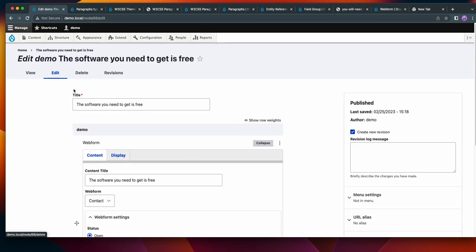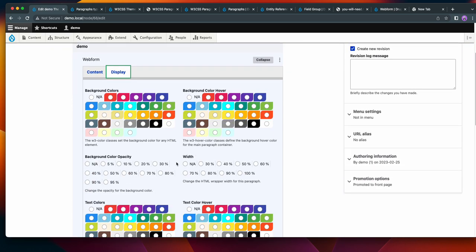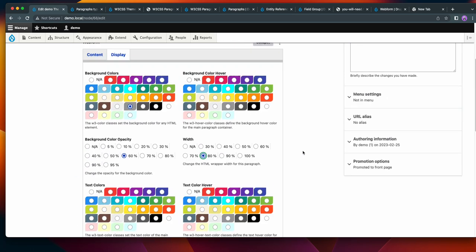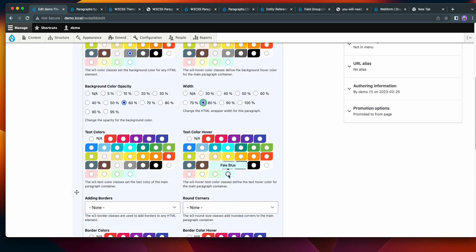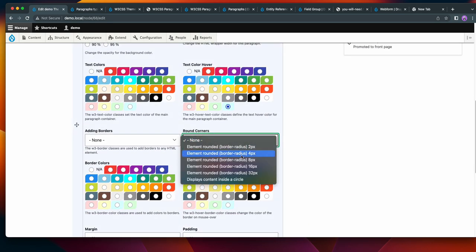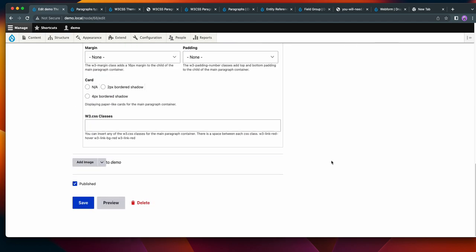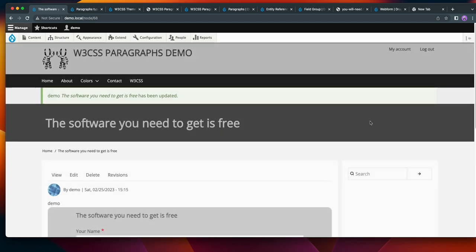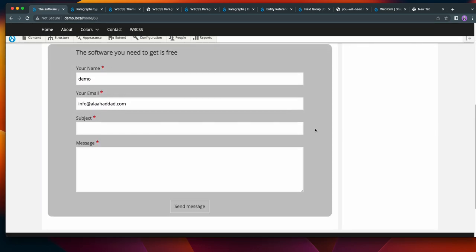If I click edit, I'm going to click display. I'm adding a background. I'm changing the opacity of the background. I'm changing the width. I'm adding a background hover. I'm adding a rounded corner. That's enough. Let's see what's happening here. Here's the box. If I click hover,